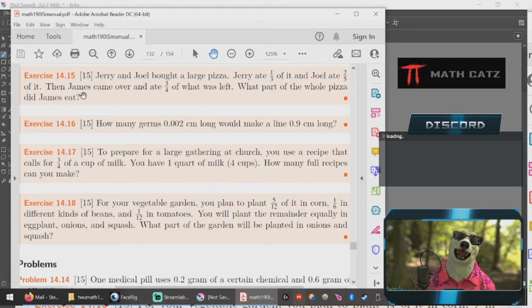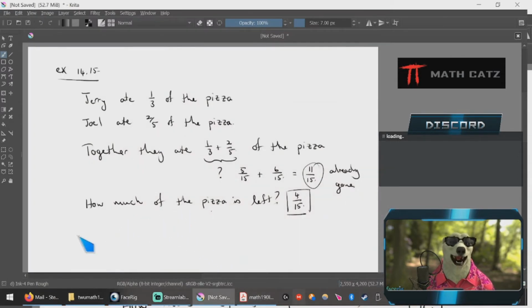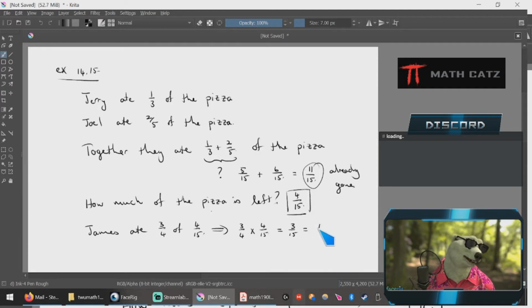Then it says James came over and ate 3/4 of what was left. So this 3/4 now applies to what was left. So now I much better understand what James is doing. James ate 3/4 of 4 fifteenths. And I know the "of" keyword leads to the multiplication calculation. I can then easily do that with my shortcut as 3 fifteenths and simplify that if I want to. There's no need to simplify 3 fifteenths if you don't feel like it, but I can in this case to